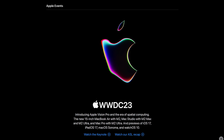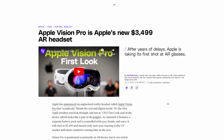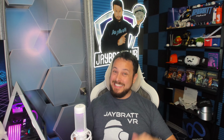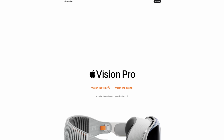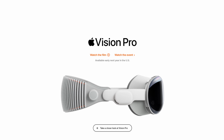Apple has just dropped details at WWDC about probably the most revolutionary VR headset we've ever seen with a revolutionary price. And remember, that is the starting price, is what we know so far. Let's deep dive into everything we know about this headset. Now, they of course saved the price for last, but price is the first thing we gotta talk about here,